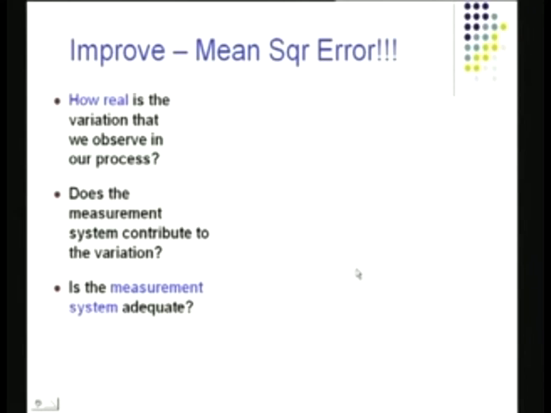Improvement, one way to do that, would be to take a look at the mean square error. This is very, very important. And this is done with the measurement system. You try to take a look at the measurement system itself, and there are certain procedures available. I have given you the method for gauge R&R studies, and those are the methods that are utilized to make sure your measurement system has the capability